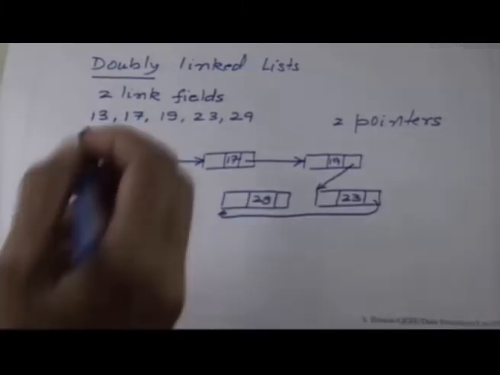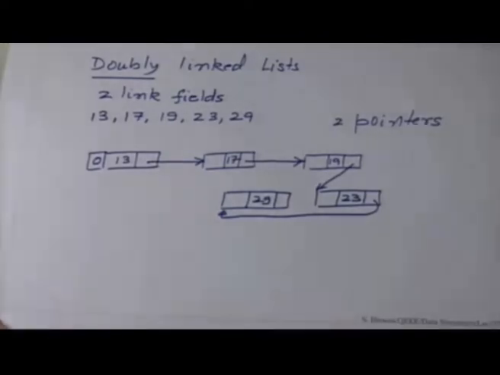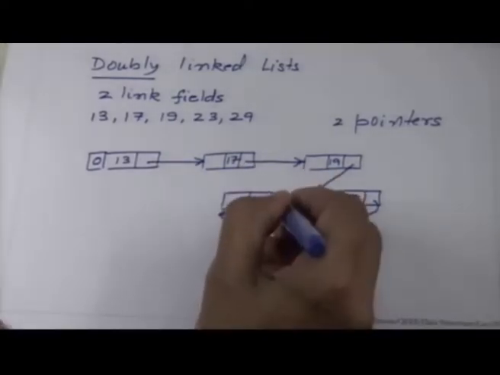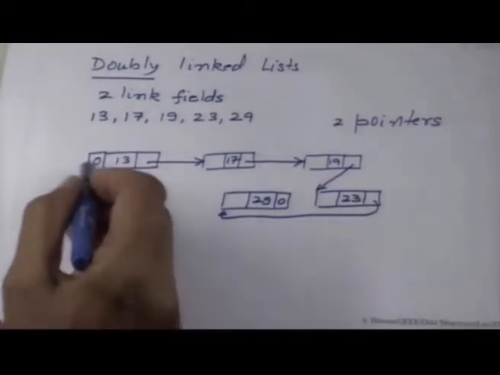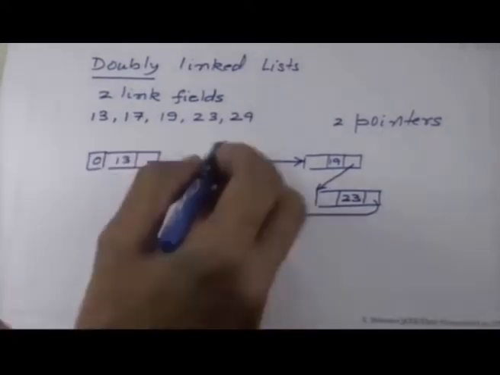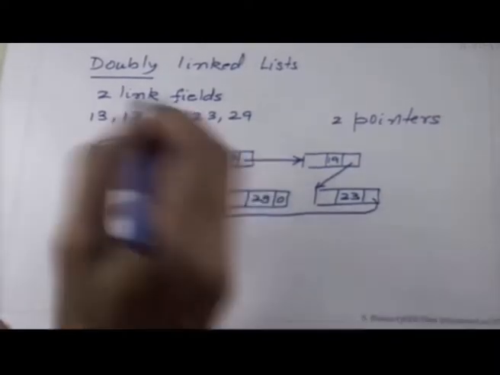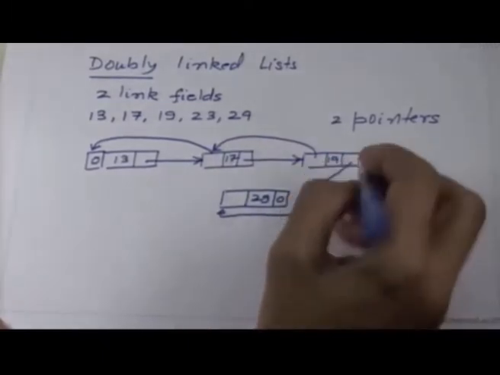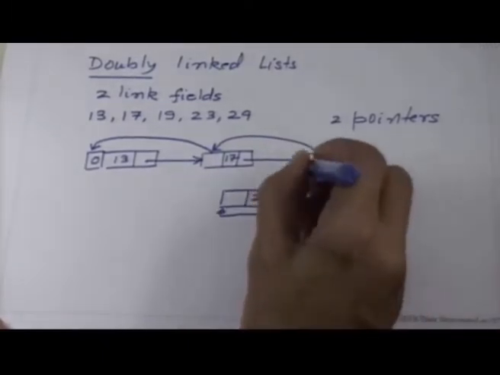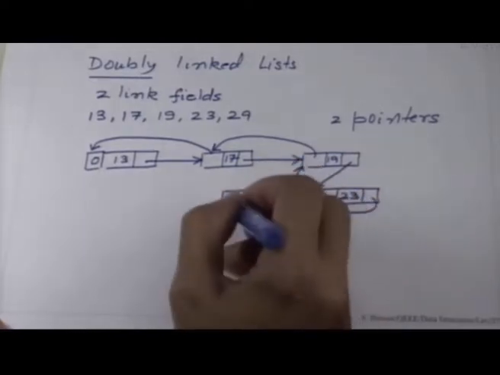What is there in the first field? This is also a linked field. The first link is 0. Who is the end of 29? There is no other. So 29 has no follower. 13 has no predecessor. Who is the previous element of 17? That happens to be 13. So these are the links. Who is the previous element of 23? That is 19. Who is the previous element of 29? That happens to be